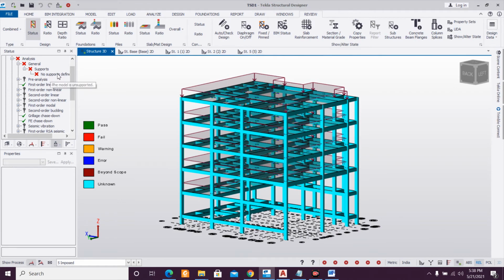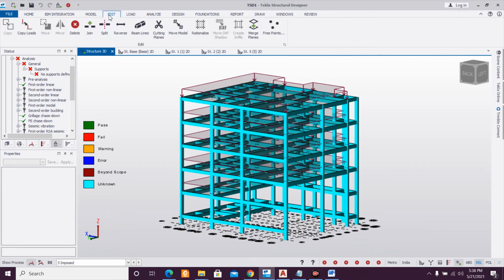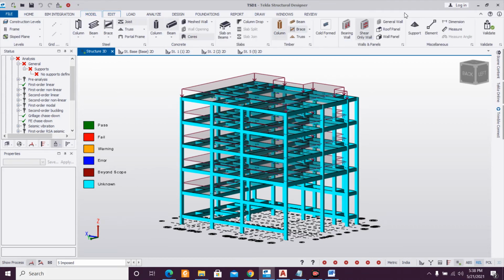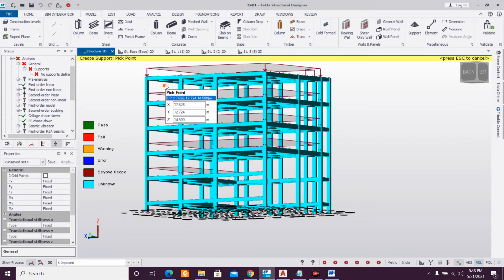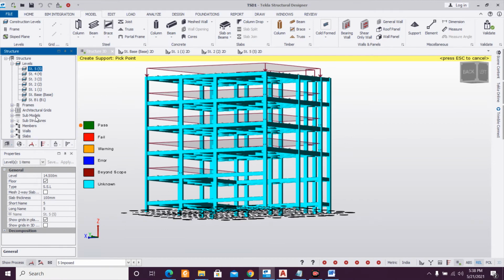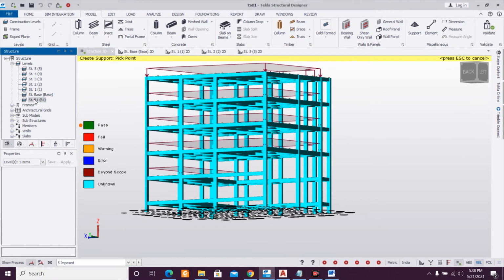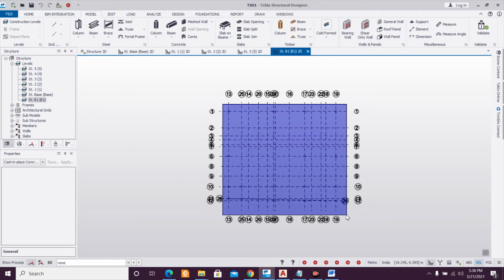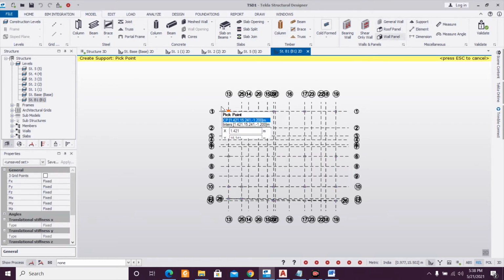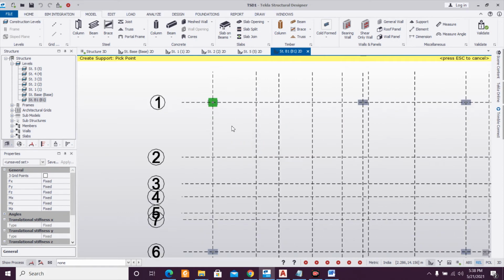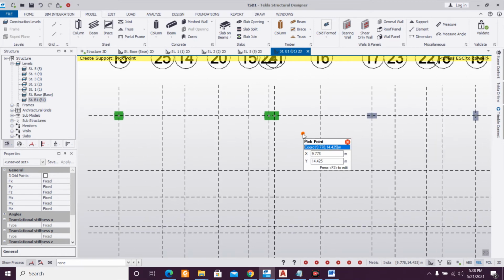So you can see the node support is not defined. Let's go and define some supports here. Model, support, and let's go to the level where it's easiest to assign the supports. Go to model here, support, and we'll assign supports to all the columns.